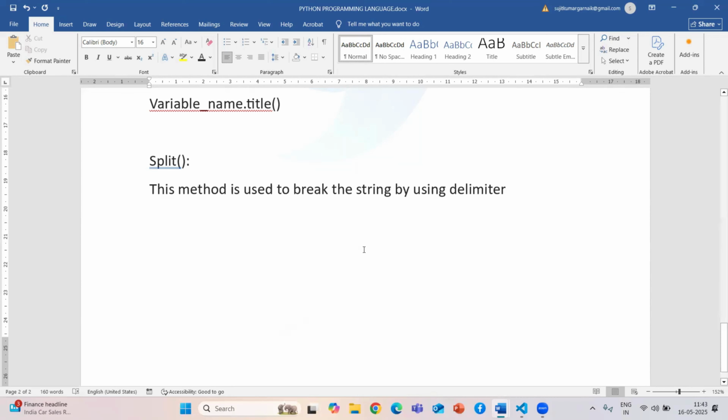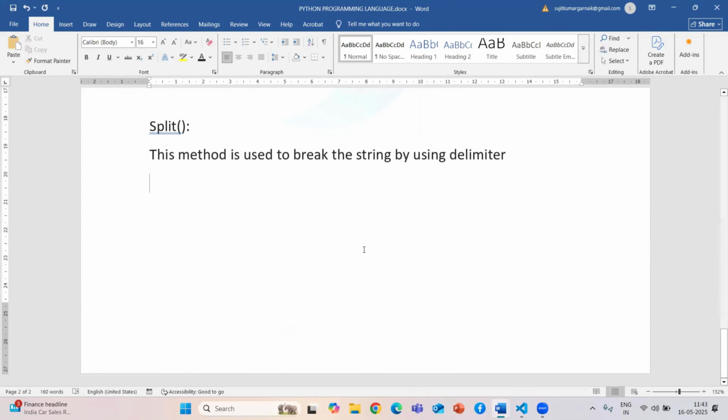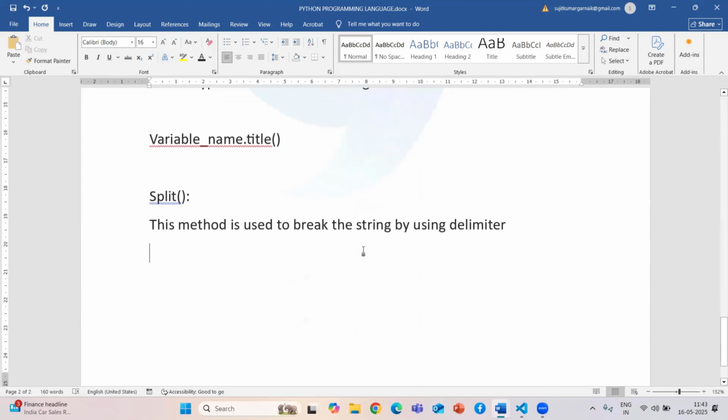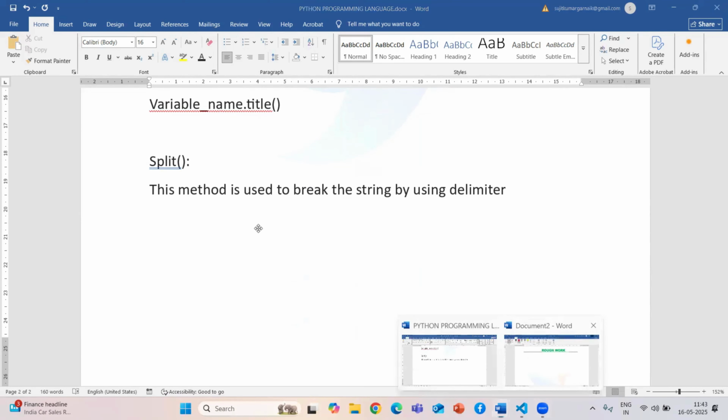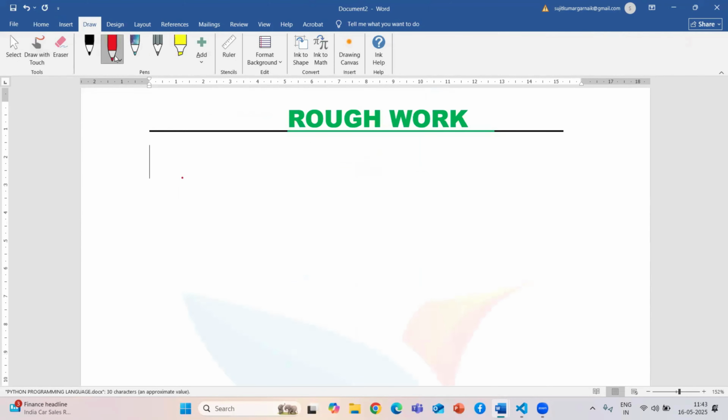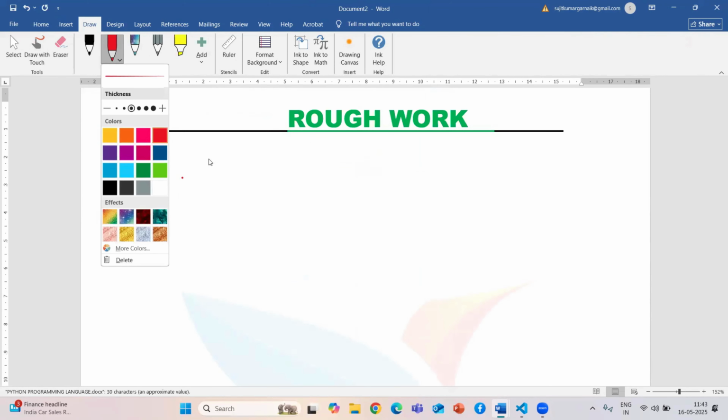If I give some input, we are going to see an example, which will give you better clarity on that. So how is it going to work? I'll just show you in rough work. So here I just take a